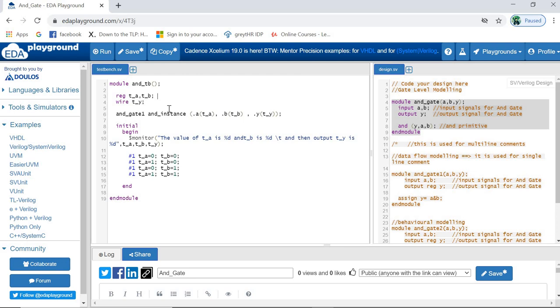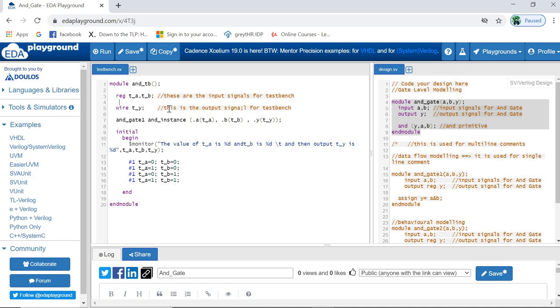First, understand that ta and tb are the input signals for the test bench, and this is the output signal for the test bench. Keep in mind that whenever you declare an input in a test bench, it will always be declared as a reg.